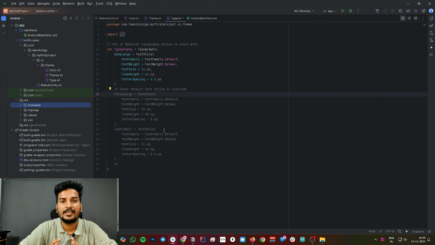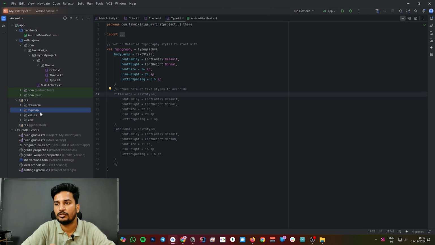Whenever you need to put any kind of resource like images, videos, MP3 or any JSON file, the resource folder is responsible for that, so you have to put those resources here. For icons and images, you use the drawable folder. But when should we use the mipmap folder? Whenever you need to change your application icon, you put that file here. For now, leave this as it is. Don't worry about that, we will cover this later.